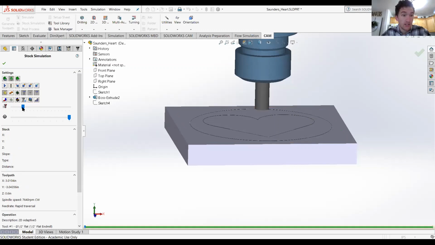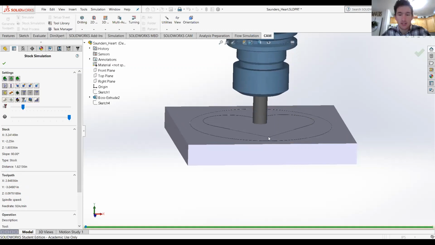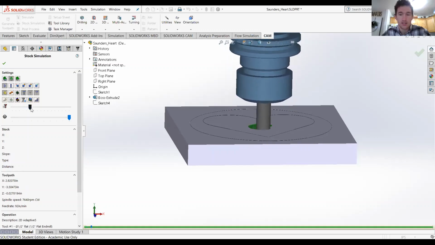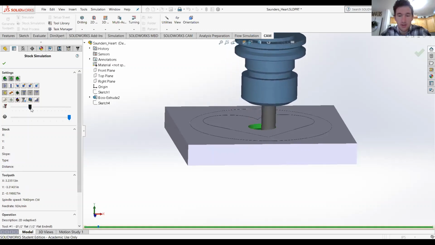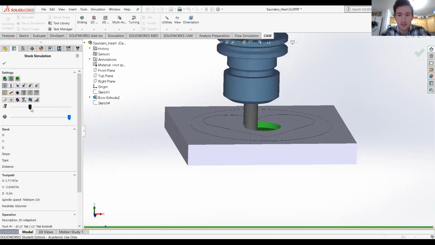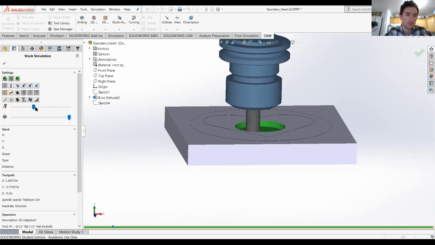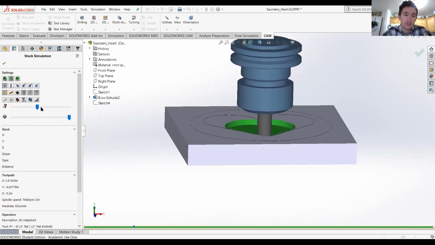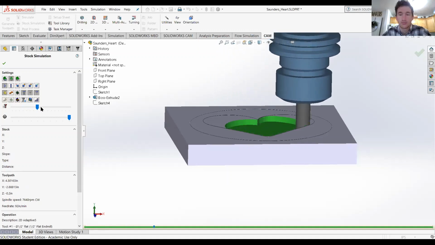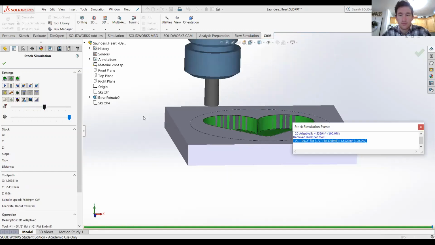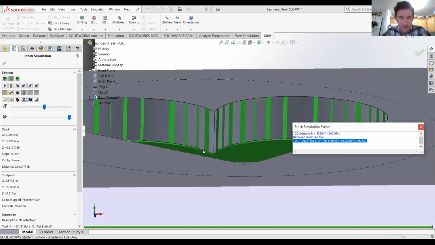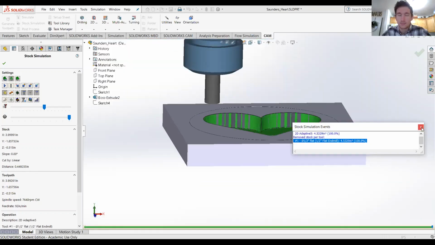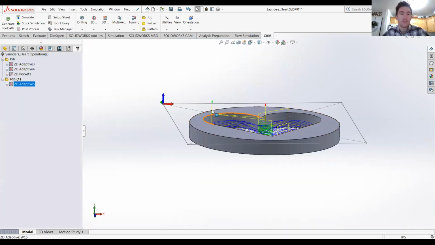And then all you have to do is come over here, click play, and it's going to go through and do that operation. And you can adjust the speed at which it does it here. So we're just going to watch it, make sure it's doing what I specified. Okay, so that looked really good. You can see that it came down a little bit below my part, just like I said. So like that. And now